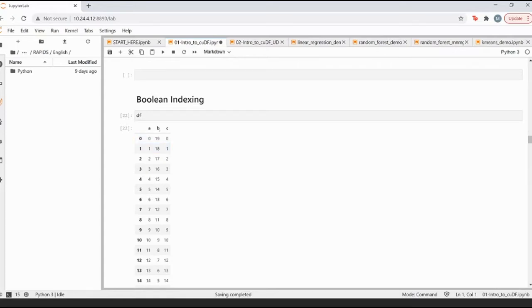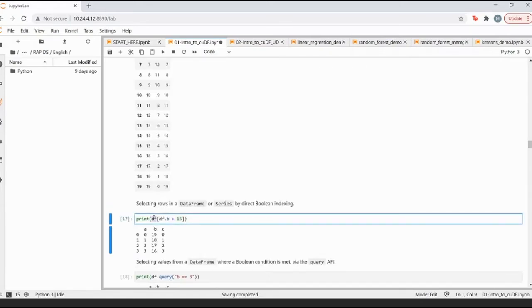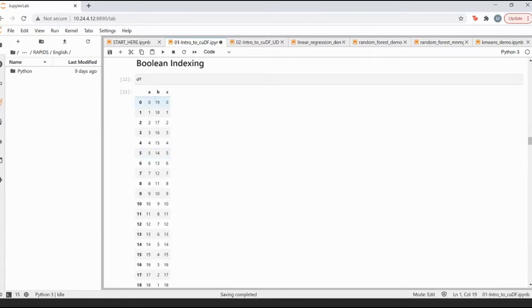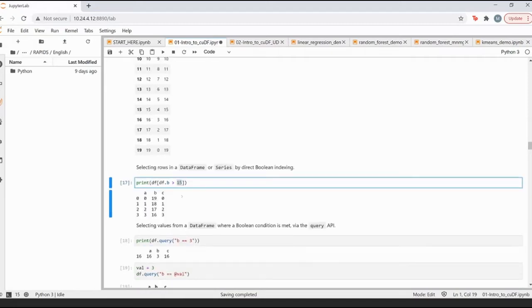So here, as you can see, I've given my data frame, and inside I've given a condition, which says that in my data frame df, in the column b, I just want all the elements that have a value greater than 15. So internally it's going to mask these values. That means it's going to say true, true, true, true, true for the first 15 values, and all the rest of them are going to be false, right? And then it's going to return this particular thing.